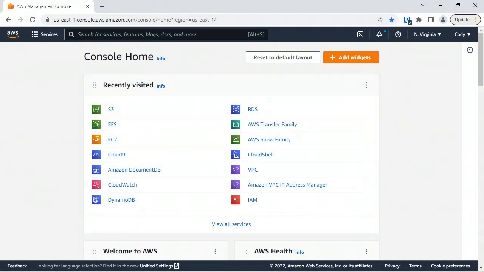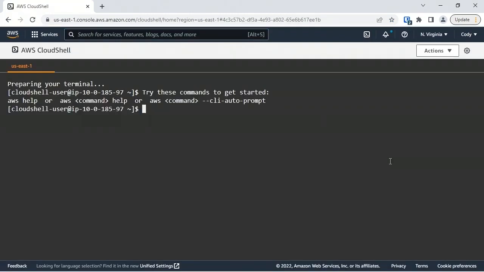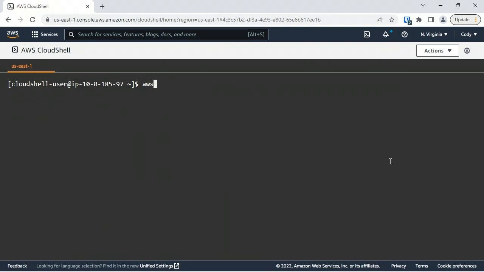You can create and manage S3 buckets using the Amazon CLI. We've already seen how we can create an S3 bucket using the console. So to get started with the CLI, I'm going to do that here in the console itself through Cloud Shell. So I'll begin by clicking the Cloud Shell icon. Okay, once that's fired up, I'll clear the screen with the clear command, and I'm going to start with AWS